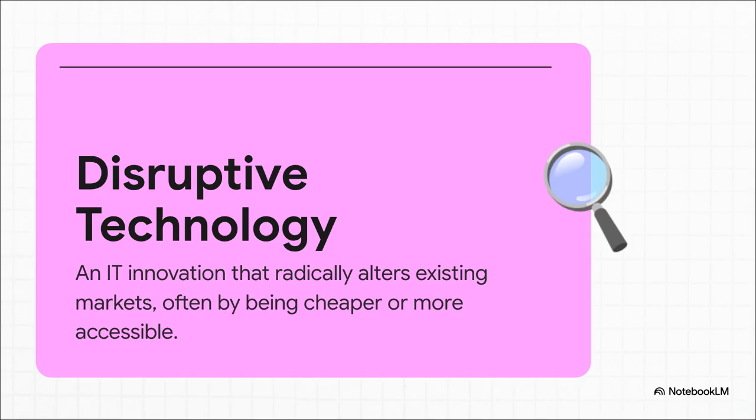And that brings us to our third and final key idea, disruptive technology. Okay, this one is a real game changer, literally. Think of it this way. Innovation might be building a faster horse. Disruption is inventing the car. See the difference? It's not about playing the same game better than your competitors. It's about changing the rules of the game so completely that the old way of doing things becomes obsolete.